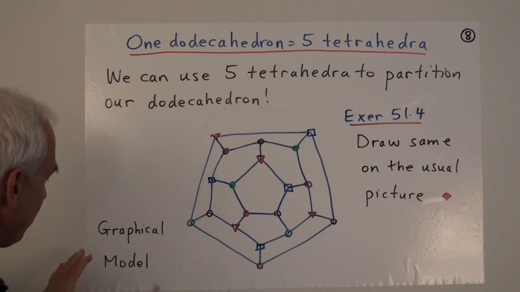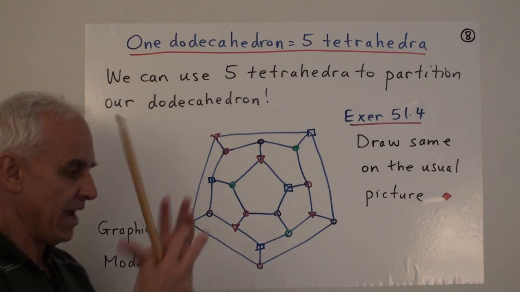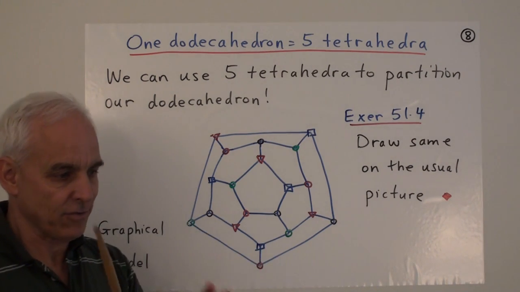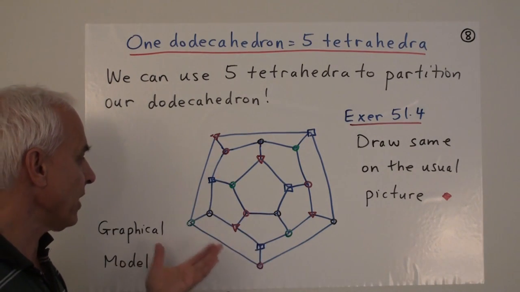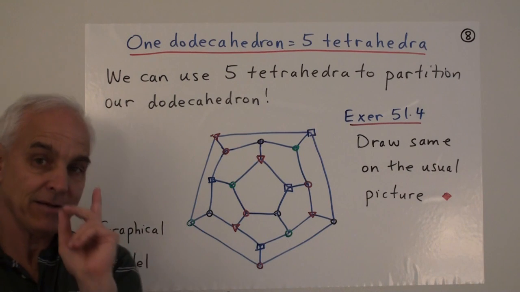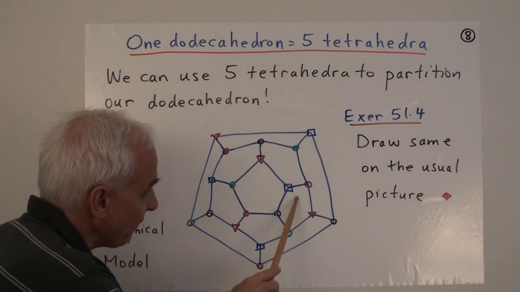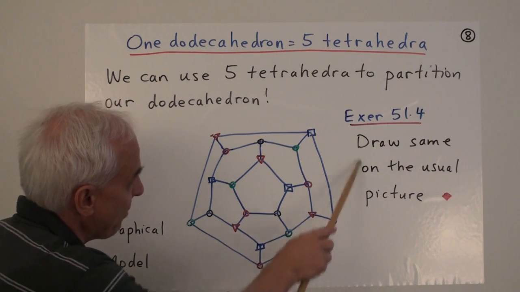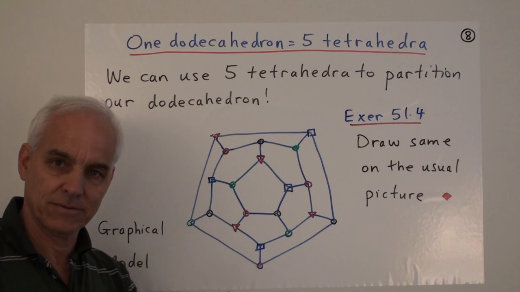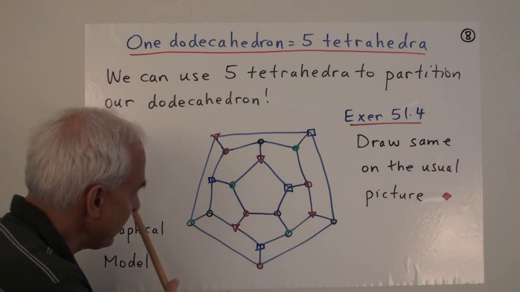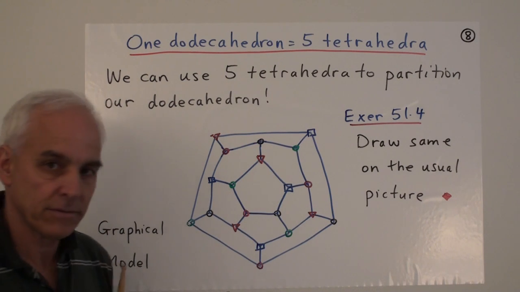And I'm going to show it to you with a graphical model, illustrating that you don't always have to have this geometrically sort of valid representation. For a lot of purposes, a graphical model suffices, because we can still see where the faces are. Okay? So this is still a pentagonal face. This is a pentagonal face, and we have to remember that the outside now is also representing a pentagonal face. So a green tetrahedron, there, there, there, and there.